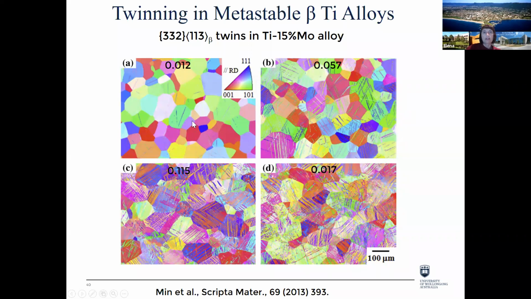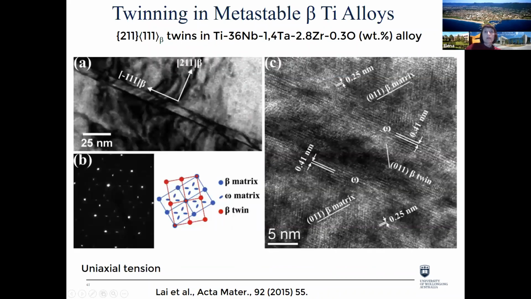So we could see clearly similar to what you saw in TWIP steel, high manganese steel, with increase in strain the amount of twins starts to form first in preferentially oriented grains, then in all grains, and the number density and complexity of twin arrangements increases from parallel ones to complex grid arrangements. So this was formation of {332}<113> twins, but